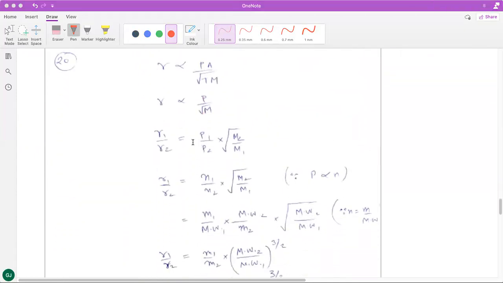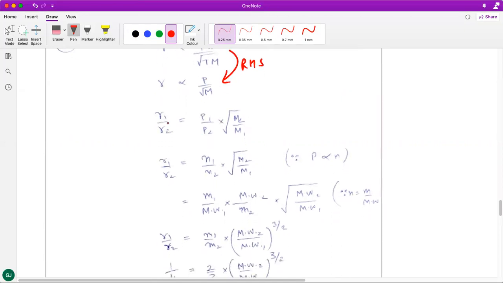The 20th question is again a good question. It is similar to the question that we have done before, wherein when we talk about the simplification of the right-hand side, we have to take into account pressure and molecular weight. Temperature and area are constant. So as a consequence, the ratio of the rates is the ratio of the partial pressures multiplied by the inverse of the square root of molecular weight.